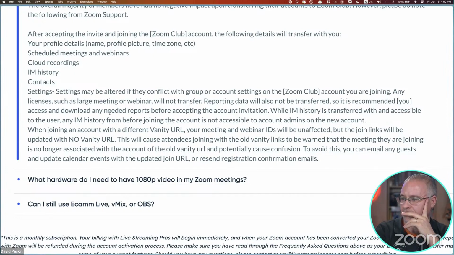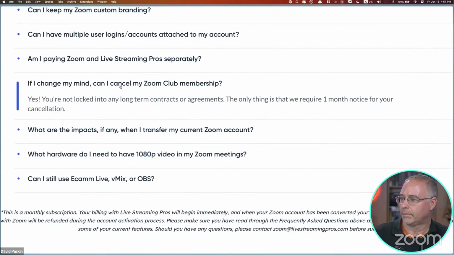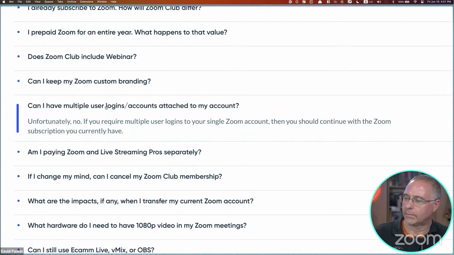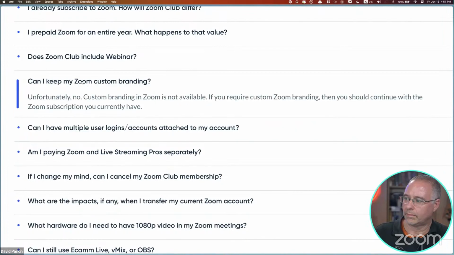If that's the case, because they're explaining these different components on transfer, if you provide them an existing email address from an existing Zoom account that you've made an investment in, having recordings and settings and so forth, then it will transfer.